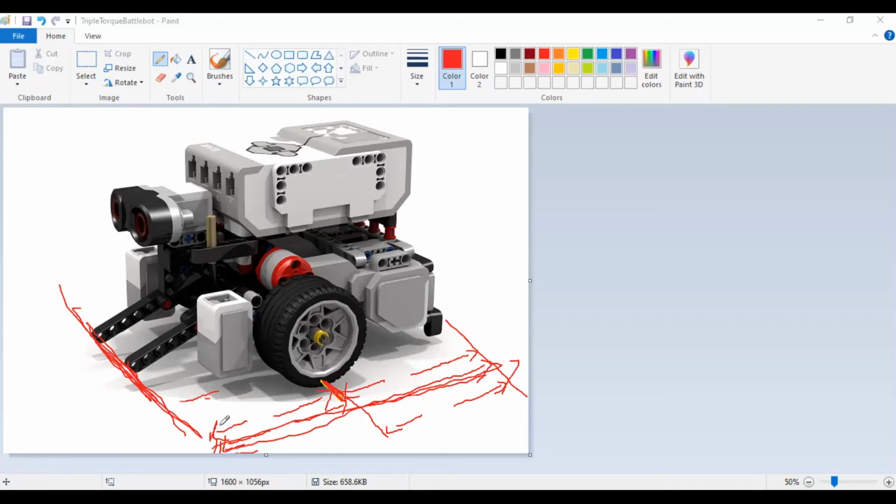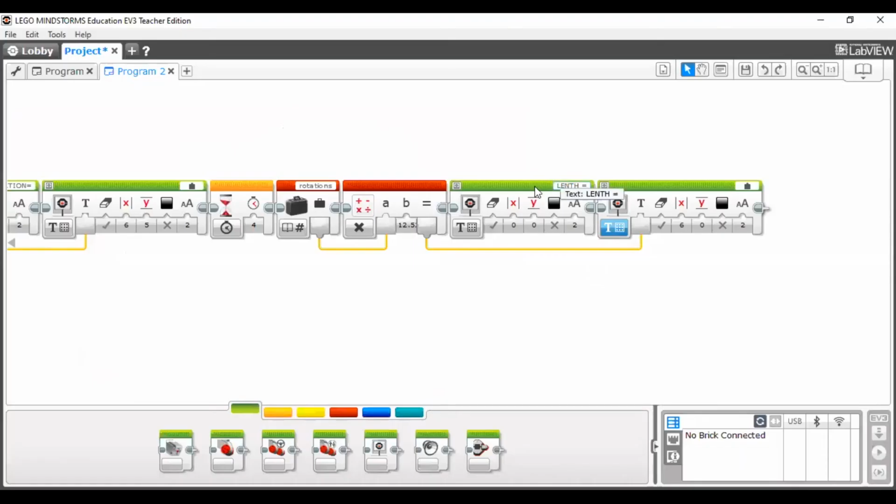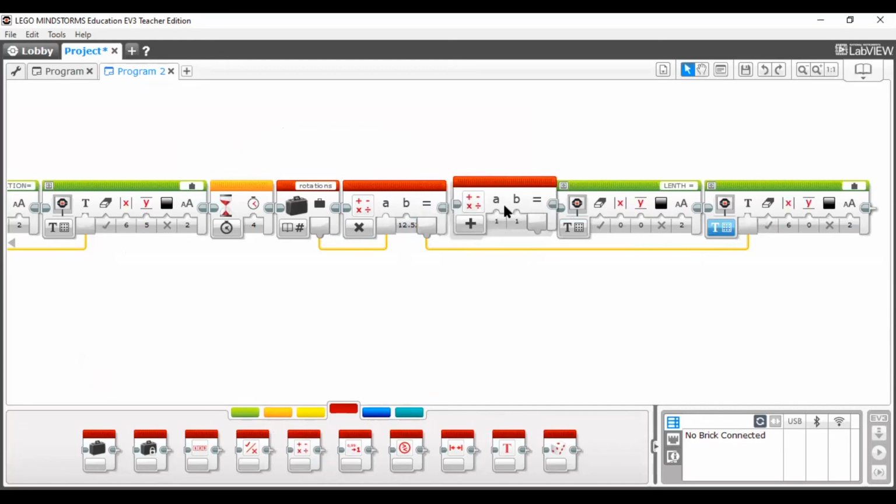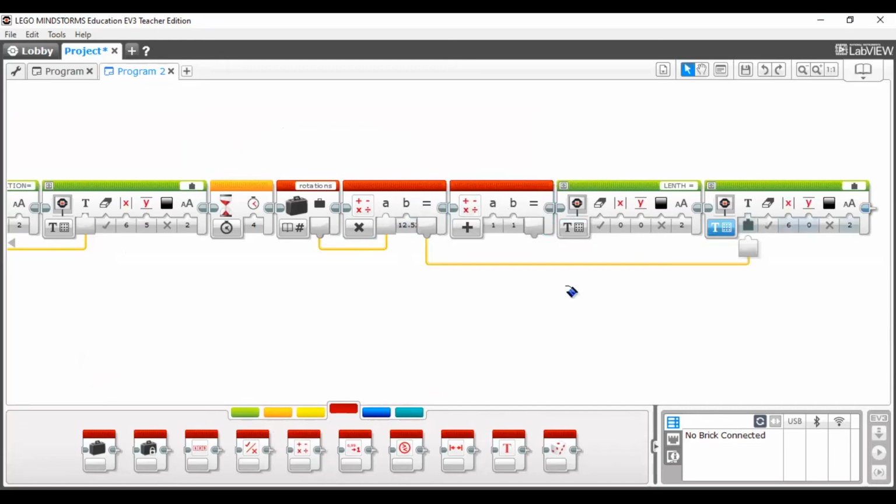Okay, so along with the total result you are getting here, we need to add the boat length. You can take one more math block. Here you can give this result, and you can add the boat length.